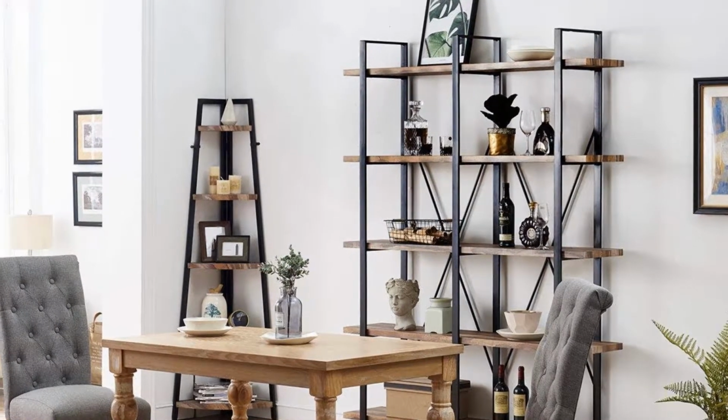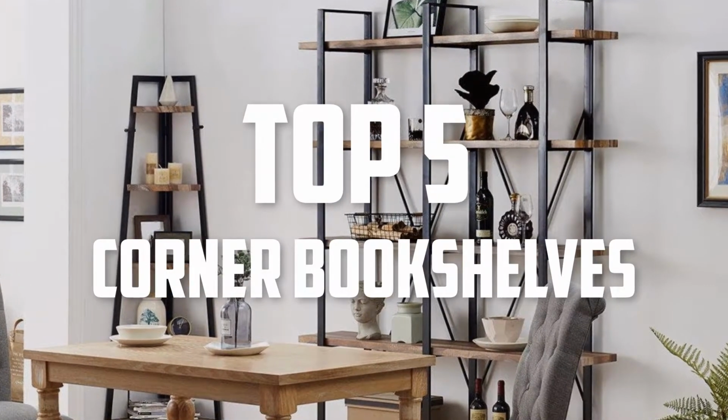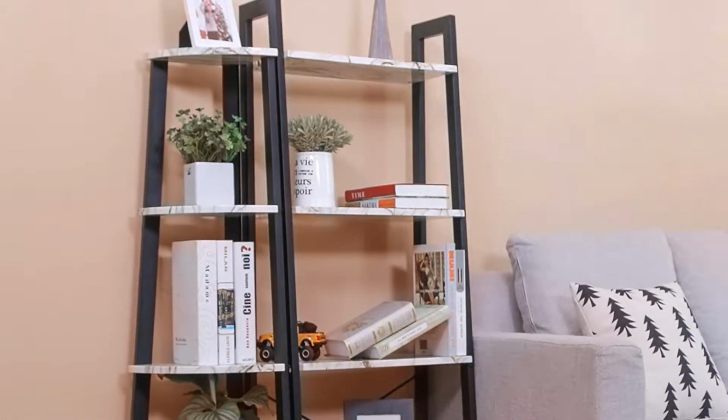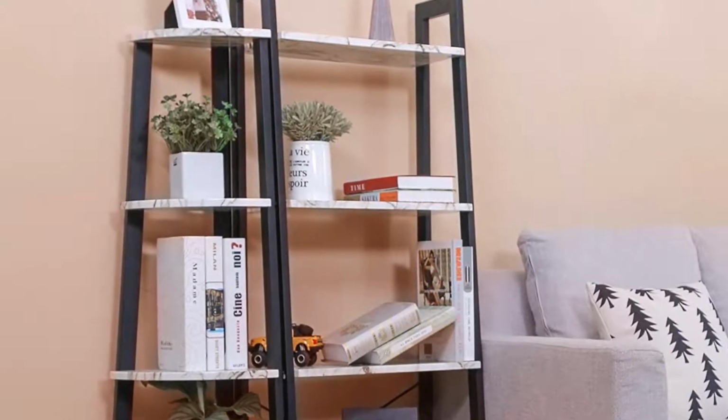In this video, I'm gonna talk about the top 5 best corner bookshelves that are available on the market. I made this list based on my personal research and I try to list them based on price, quality, durability and more. If you want to see more information and the updated price, you can check out the description below,